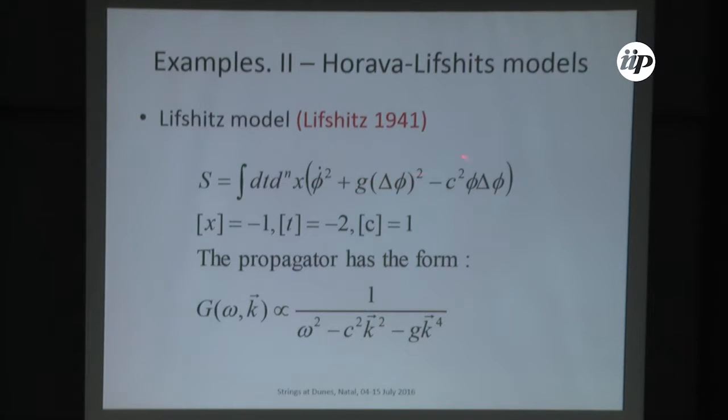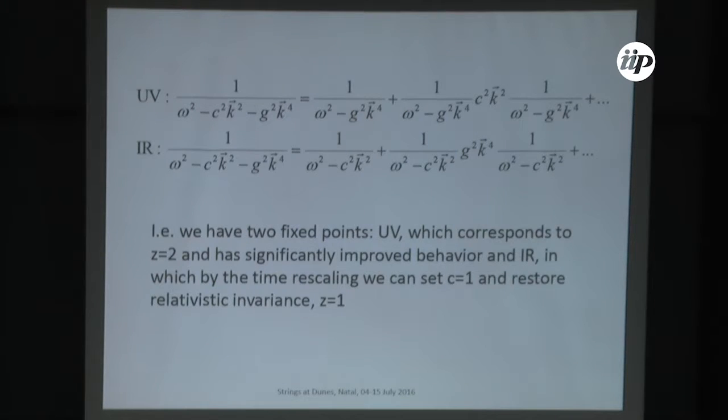So you have two scales, a UV scale and an infrared scale. The fundamental theory is this one, but you have to assign some non-standard scalings, the units for x and time. You see this is essentially non-relativistic: time and space scale differently. How can you see that you have two regimes, two fixed points, more or less? Consider this free theory, consider the propagator, and then you can develop two perturbation theories essentially.